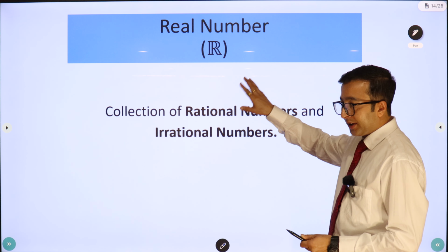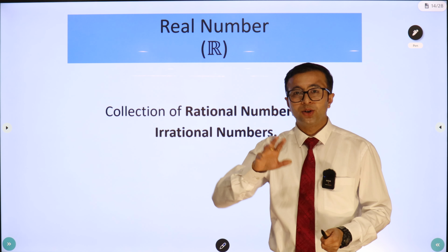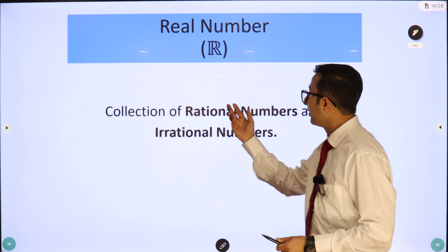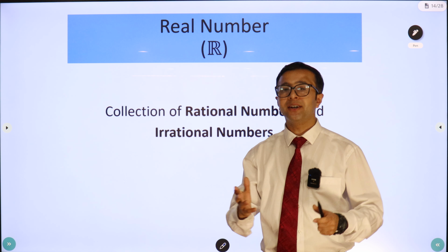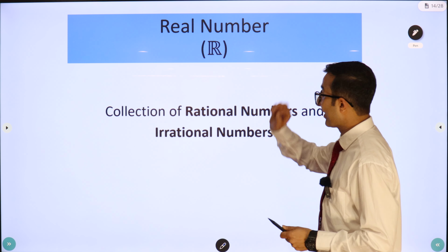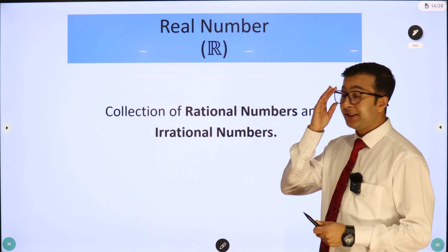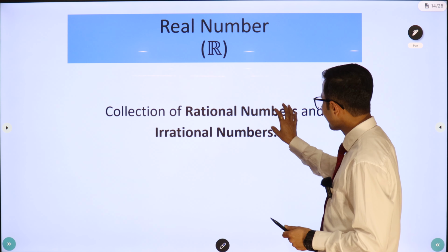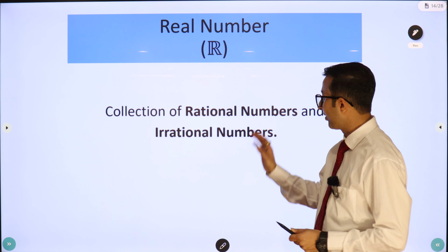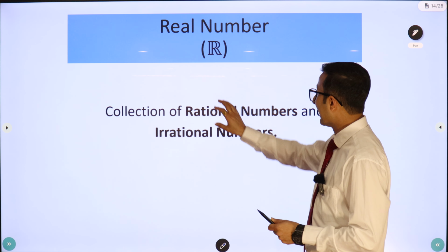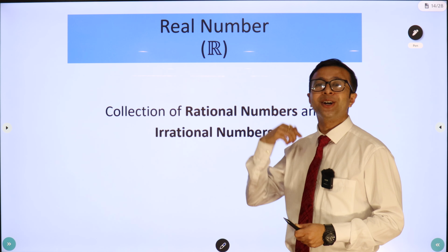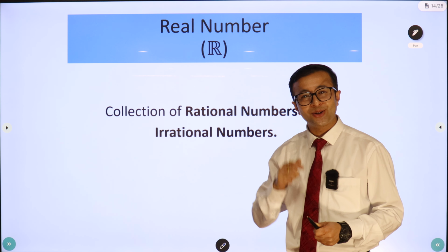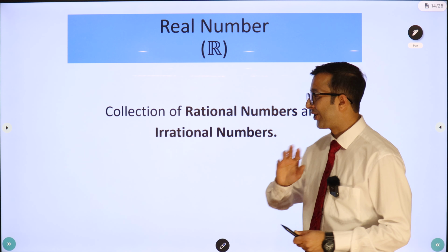Now real number, the set which contains all the rational numbers as well as the irrational numbers, that a bigger set is known as the real number. So real number contains all the numbers, that means rational number and irrational number. All the numbers भन्दा फेरि सबै हैन भने फेरि rational number र irrational number। फेरि rational number भित्र को छ भन्दा rational भित्र integer छ, integer भित्र को छ, whole number छ, whole number भित्र को छ भन्दाखेरि natural numbers छ।